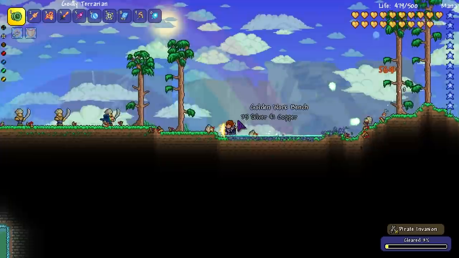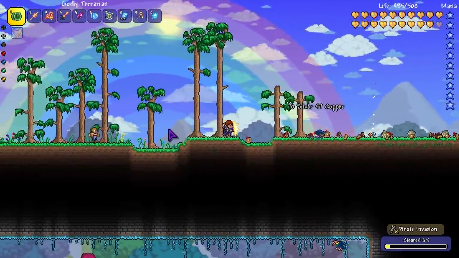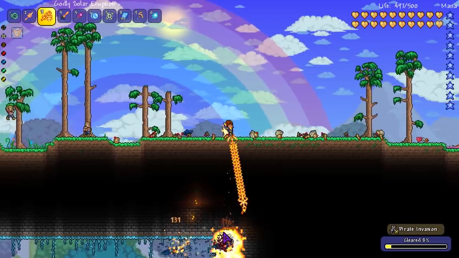That's why the number 1 thing to build in your world is an ultimate arena. You can include as much as you want in your ultimate arena, but the things I love to include are banners for all the different invasions,